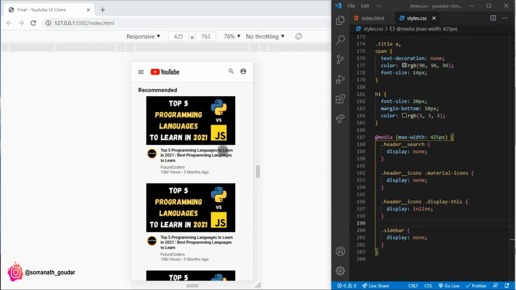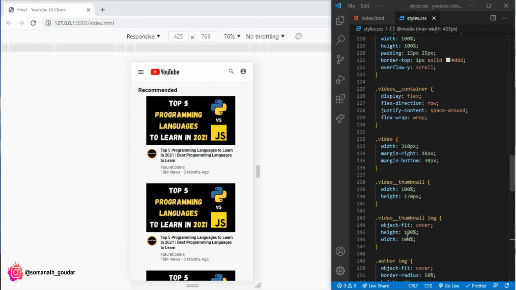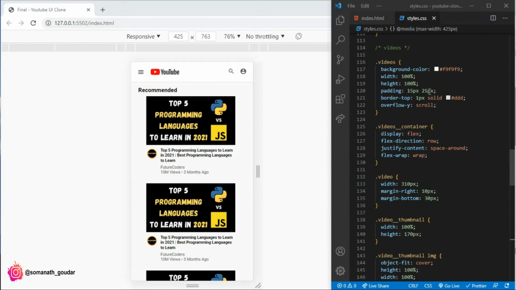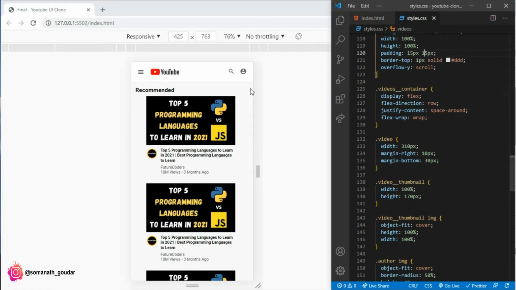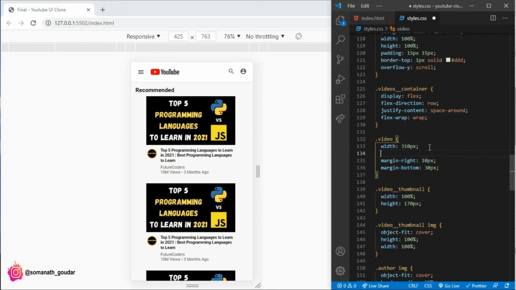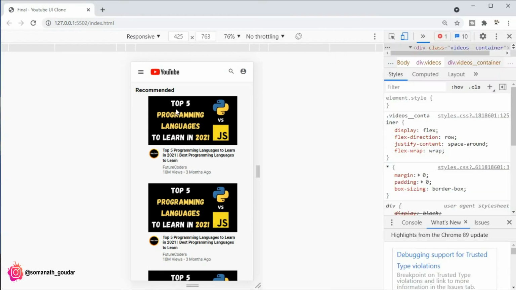Now you might have observed that there is some padding and margin issues over here. So let's fix those also. Where we have the video section, I'm just gonna make this 15 pixels to the left and right, and also there is some slight margin right. I'm just gonna split it equally. To the margin left I'm gonna say 5 pixels, and also to the margin right I'm gonna say 5 pixels. That should fix it to align them perfectly in the middle.